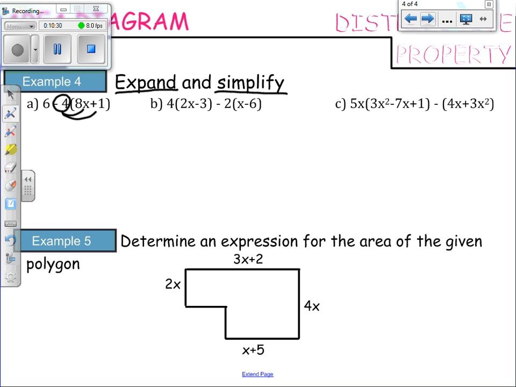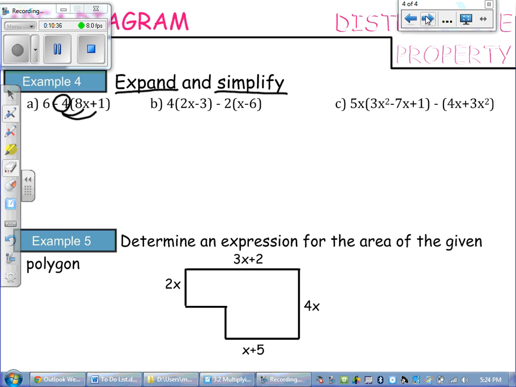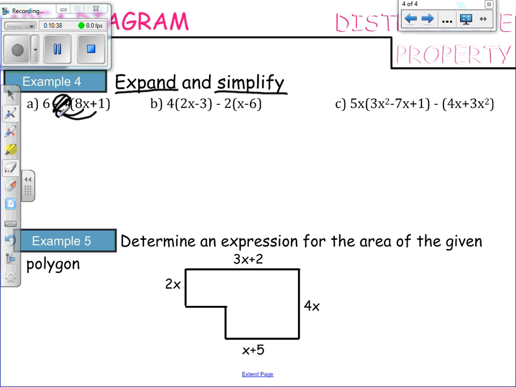So this negative sign right here that we can't see because I've covered it, this negative sign, it is attached to that 4. So you have to distribute it in with that 4. So the entire thing goes in. The 6 in front of that, it just remains there. So you're going to have 6